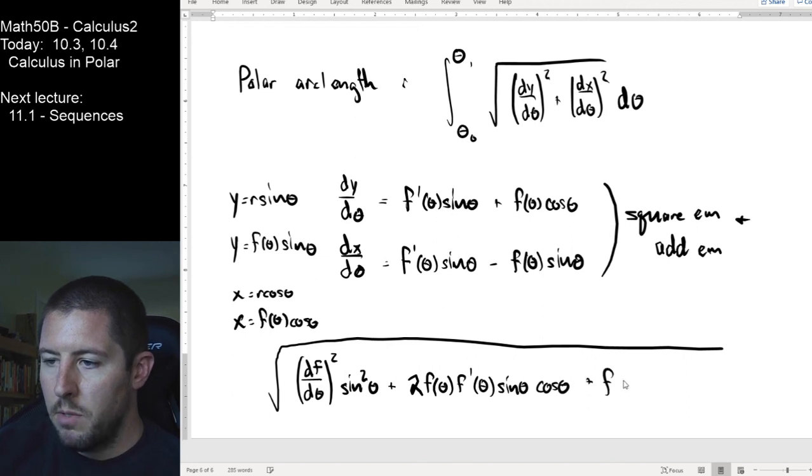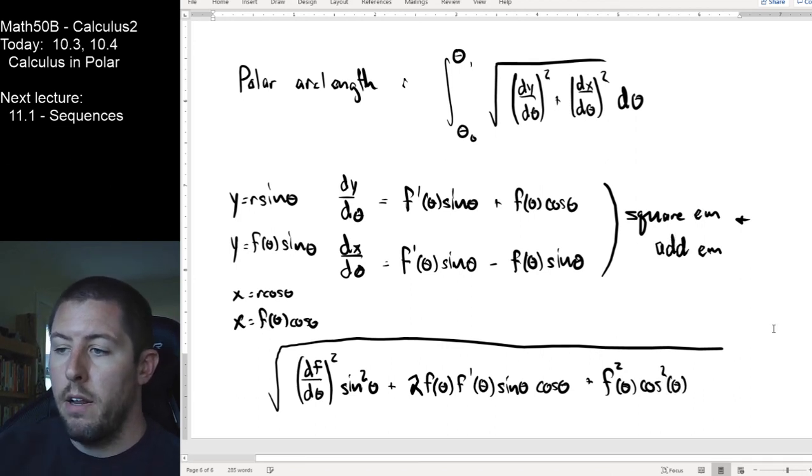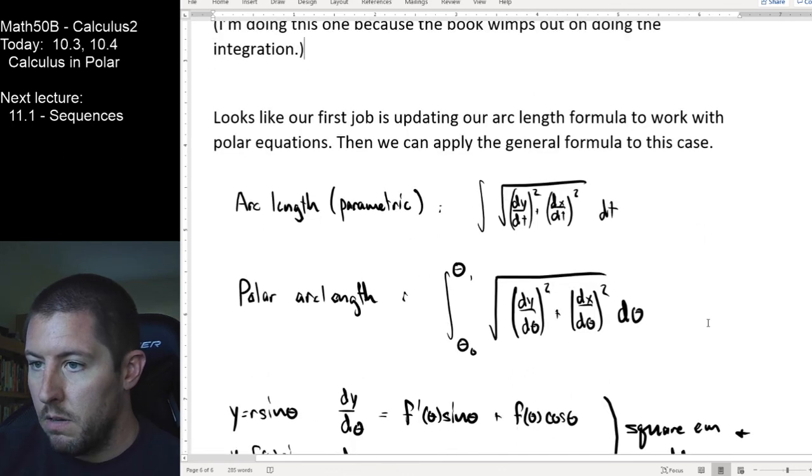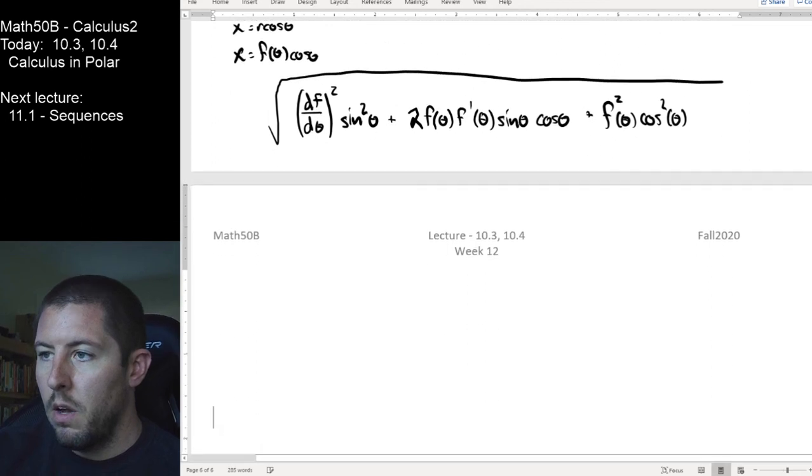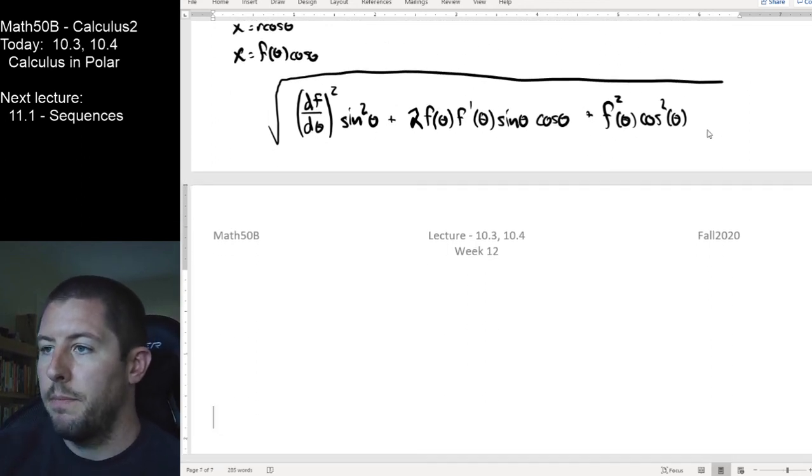Plus the last term squared. That's our first term squared. Okay, it's happy with me. Okay, and we're adding to that